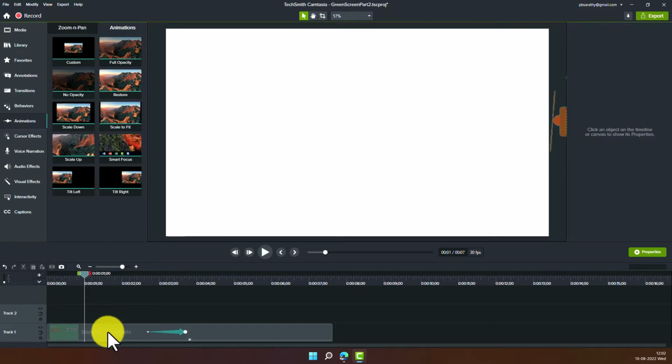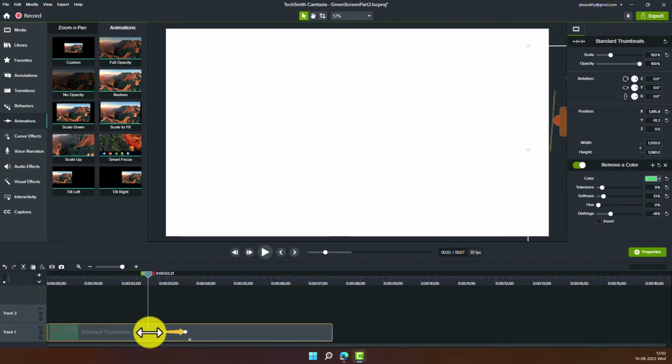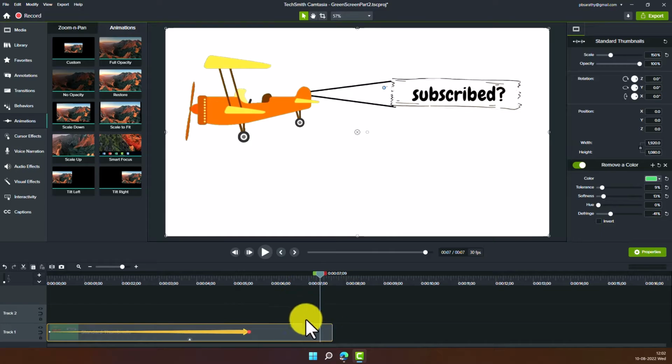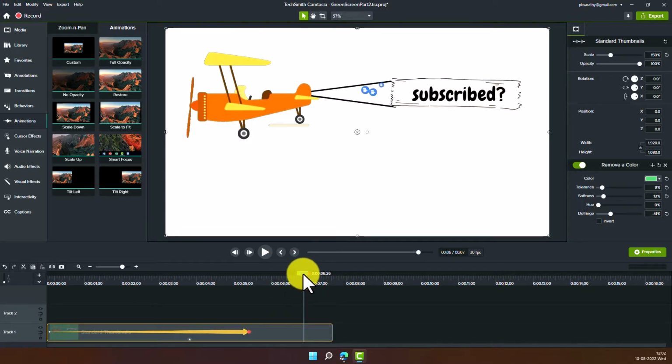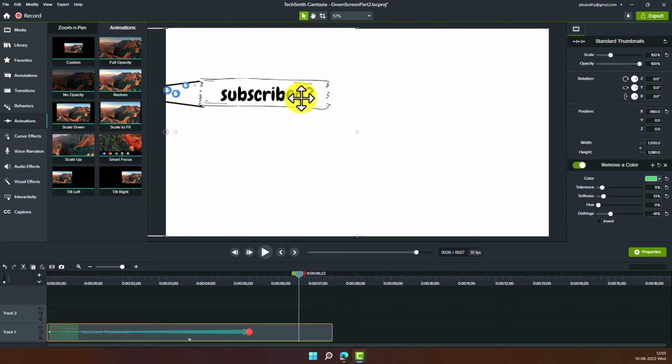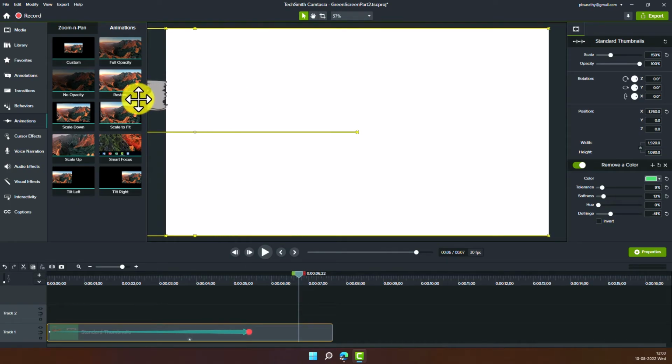Okay. And once this is done, I'm going to stretch the animation. Go to the end of this, as in keep the seek bar here, the point in your timeline after the arrow ends, the animation arrow ends. And in here, you might want to adjust this and then get it outside of your screen.